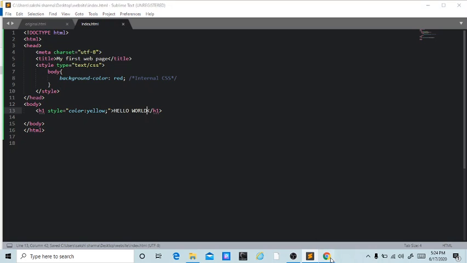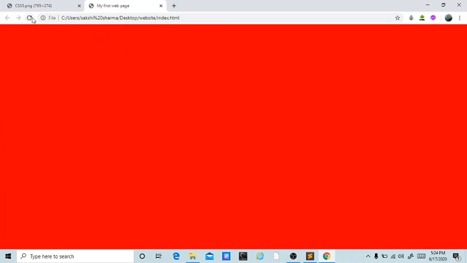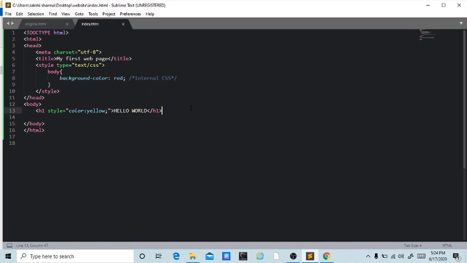Let's hit save and refresh. See, you can see that internal inline CSS. We'll comment it out as well.